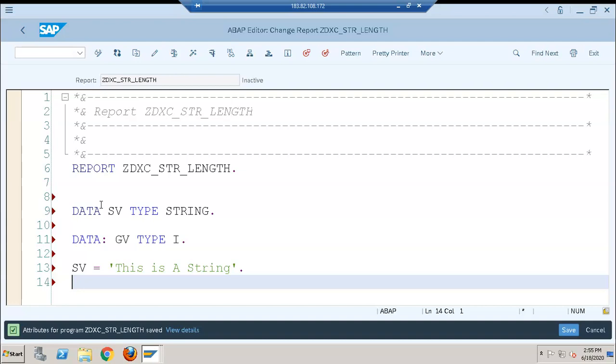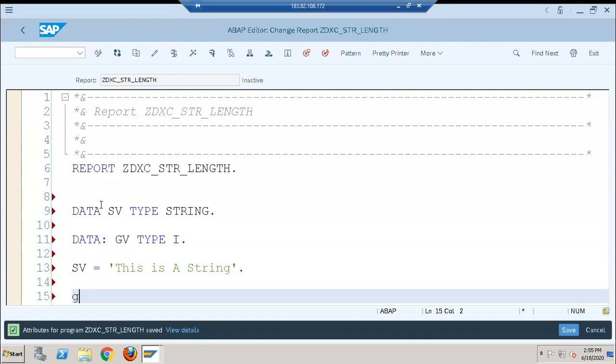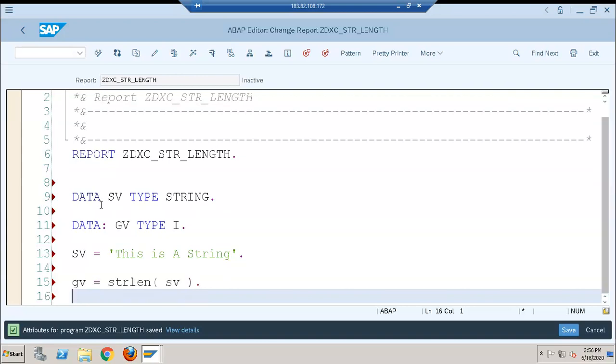And now we'll go for GV equals to strlen. This is a command. So we are finding out the string length of this SV, so we're just putting that in the bracket.